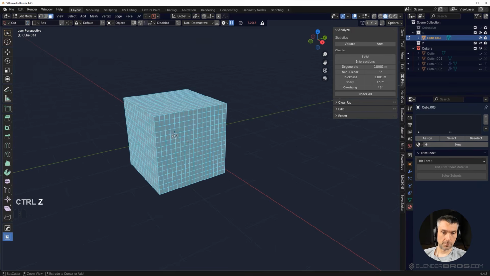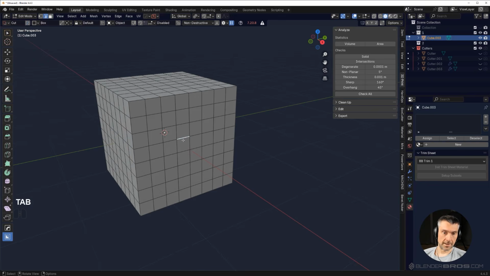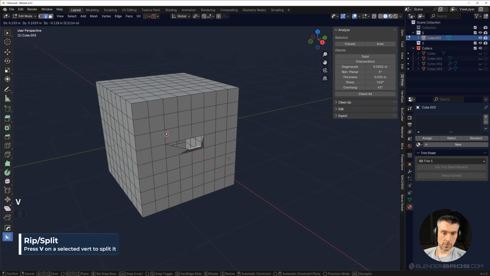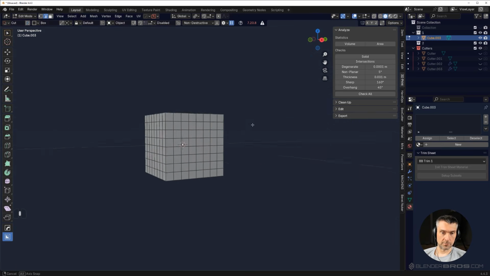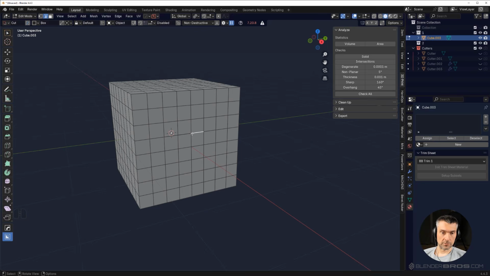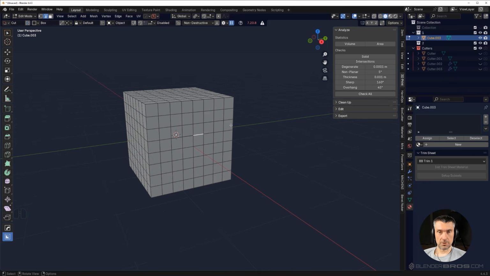So if I, for example, go here and grab this edge, and I press V to rip it off, now you can't really see it, right? If you look at this mesh, it's fine. But one of these edges here is non-manifold, which means that the mesh isn't watertight and it will not print well. There could be some errors. When you're printing something, you need to have a watertight mesh. When you're adding bevels, when you're adding booleans, when you're working with meshes, they usually should be watertight and manifold,